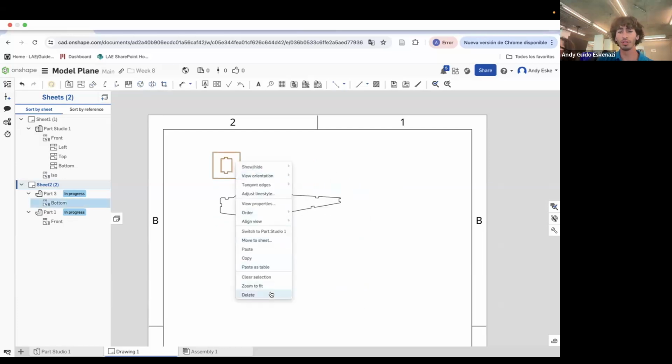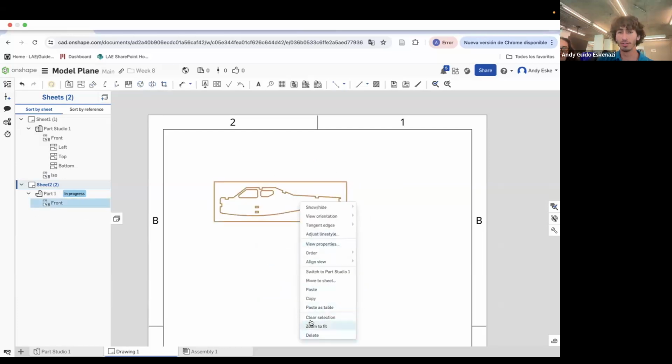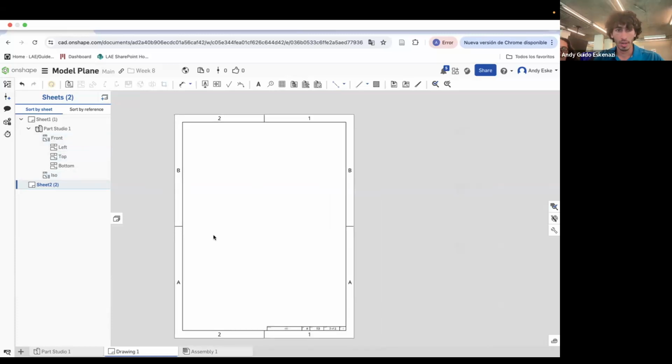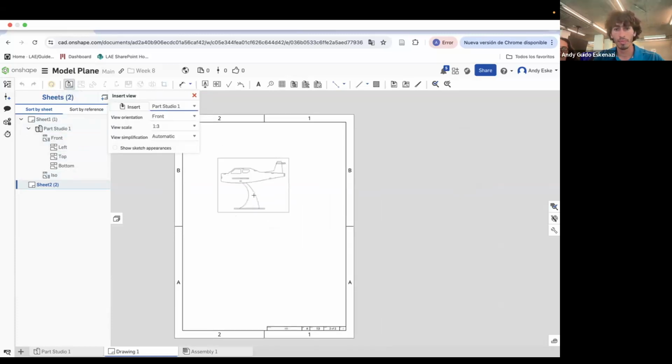I think, you know what? I think this is too complicated. It's not worth doing. I think we might be better if we just bring a big view, because there's a